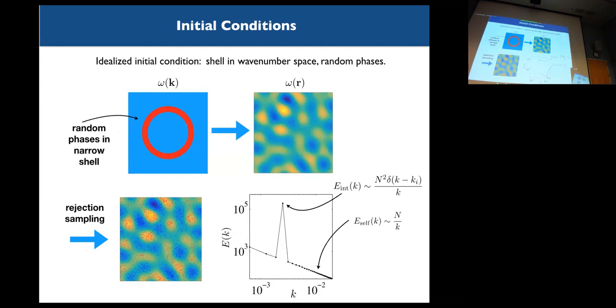Okay, so the other thing we want is to make some kind of really idealized simple initial condition, which for quantum vortices is actually not obvious how you would do initially because they're localized objects, so they have a very broadband energy spectrum. But it turns out there's a reasonably simple trick, which is you just make a corresponding classical vorticity field in wave number space. So you populate some shell, you transform that, and you get something that has some characteristic flows like this. And then you just use that thing as essentially a probability distribution for rejection sampling for